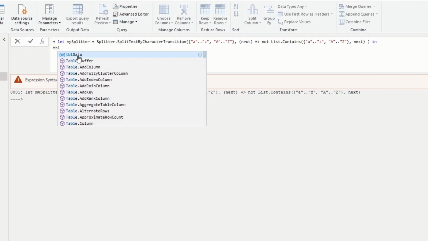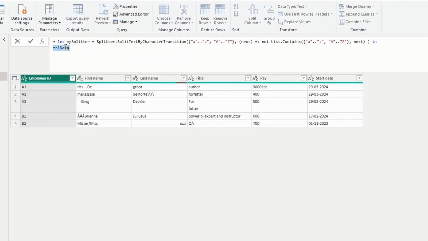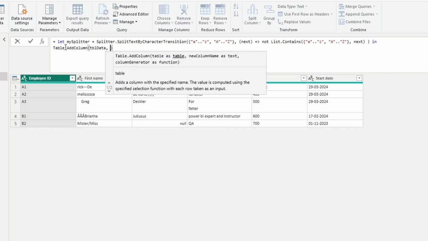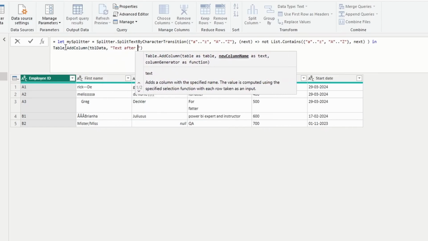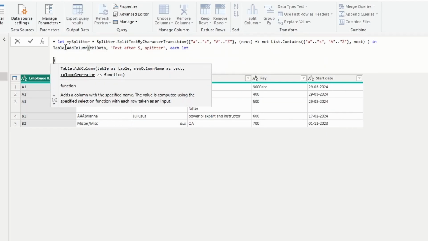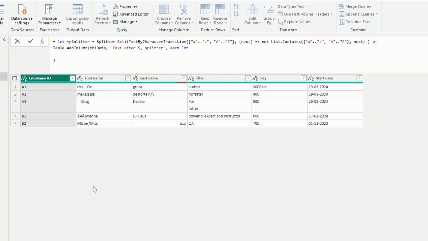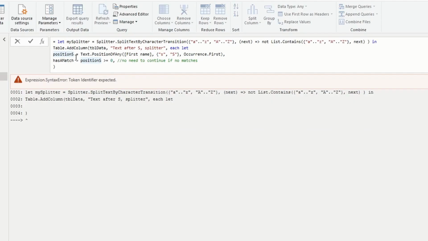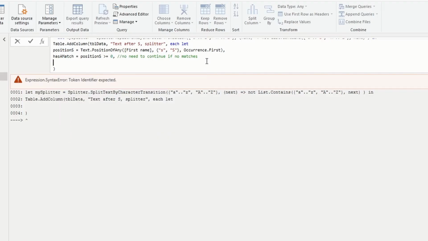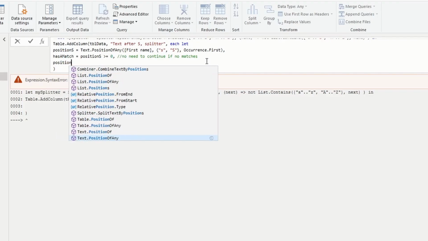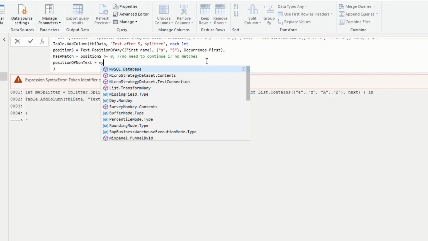I just want to get back the TBL data view, and then we can change it again. Once more, I want to add a column to the TBL data. And again, this should be called text after s splitter. And once again, I actually want to copy the same code. So I'm going to be a bit lazy and copy it. And now we need a new variable called position of non-text. Then again, we have the variable position of non-text, where this time I want to use my splitter function,